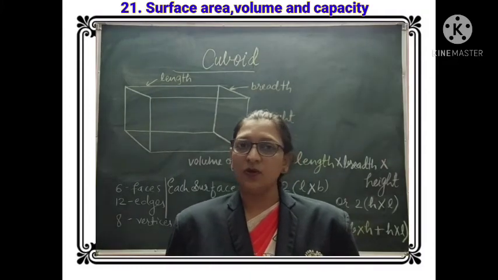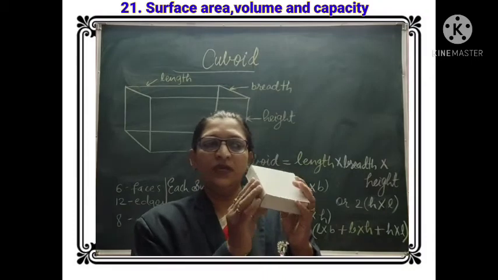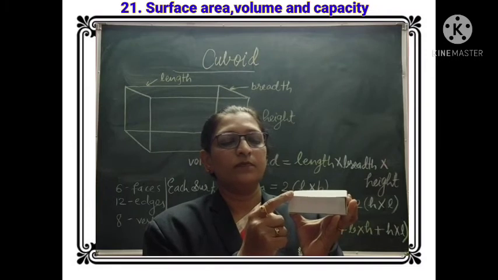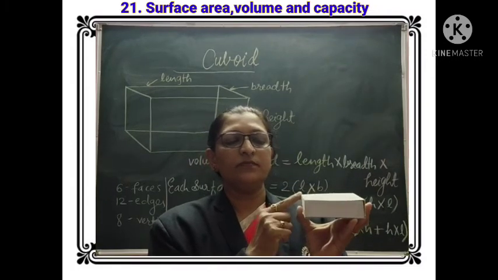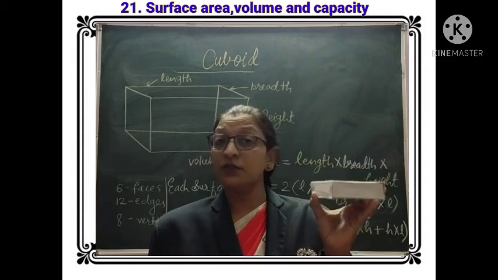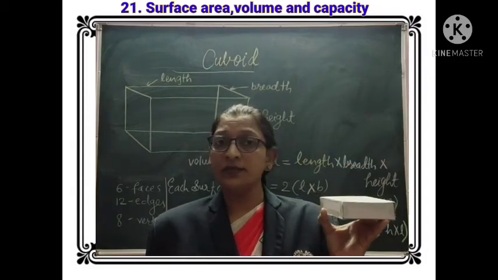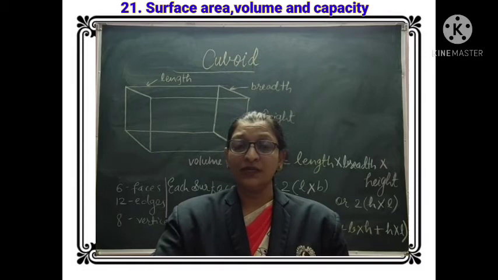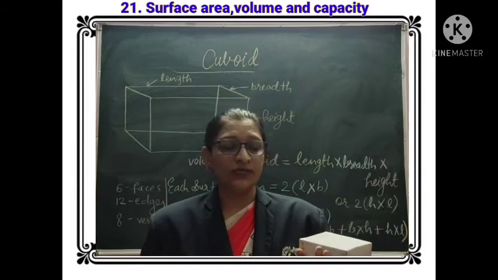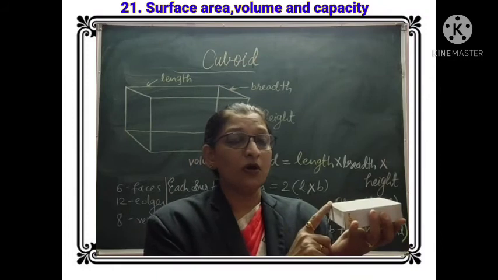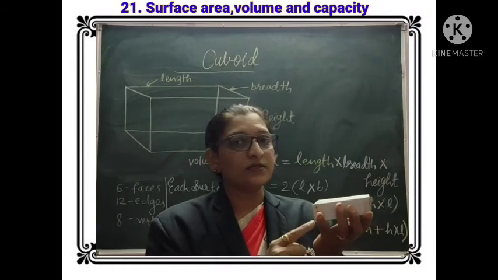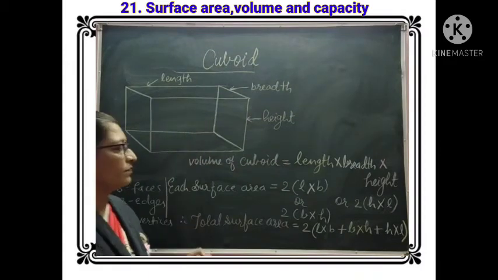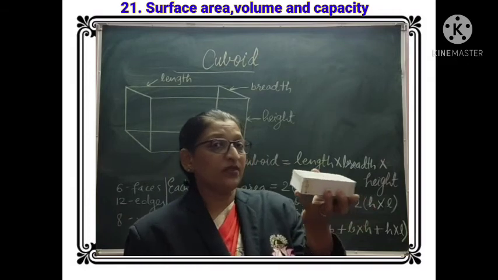Dear students, next solid is cuboid. You can observe here, this is a cuboid. Length, breadth and height are the 3 dimensions of a solid cuboid. The capacity of a cuboid, that is the internal volume of the cuboid, can be calculated by making the product of length, breadth and height. A cuboid has 3 dimensions,